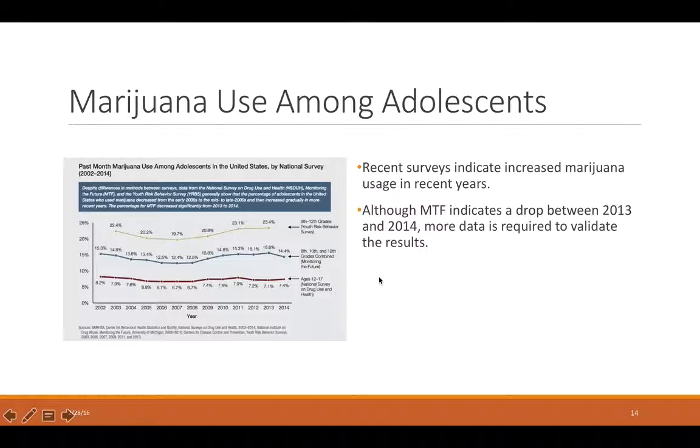This slide depicts the marijuana usage amongst the adolescents. Even though you see a slight negative trend, and then it uptakes for two of the studies that were given, they're either stable trends or slightly upticking, whereas the middle trend was showing that it was a drop off. Granted, again, being it was only one data source that was showing a downward trend, need more data in order to validate the findings and conclude that it is indeed dropping off.